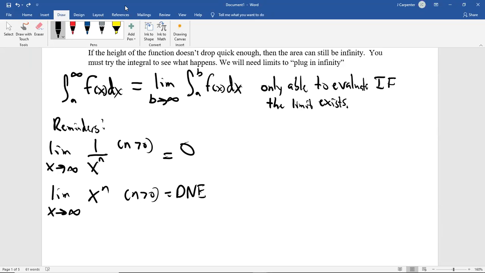So those are our polynomial terms. This is something that you should be really familiar with, in my opinion. You might need to dust it off, but we did talk about these very heavily in the beginning of the semester. But you'll also see this stuff come up with exponentials and logarithmic terms, so we need to consider them as well. So what if we had the limit as x goes to infinity for e to the